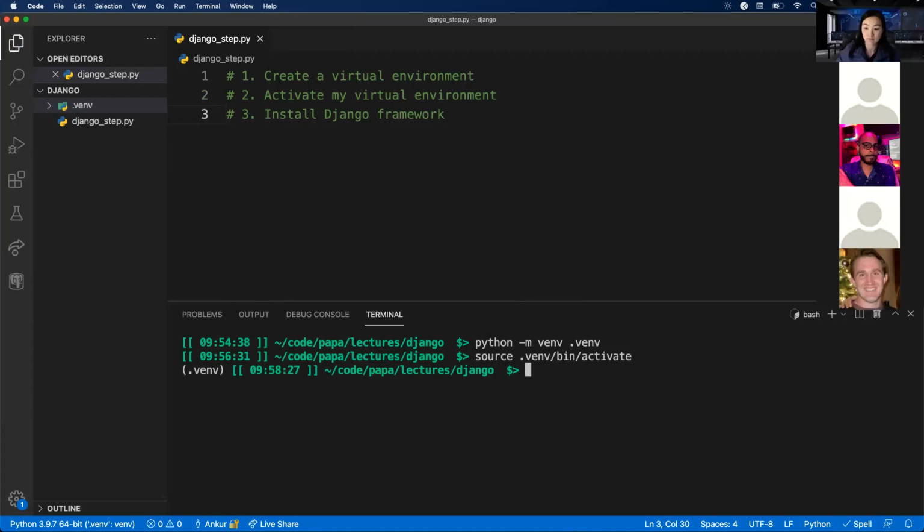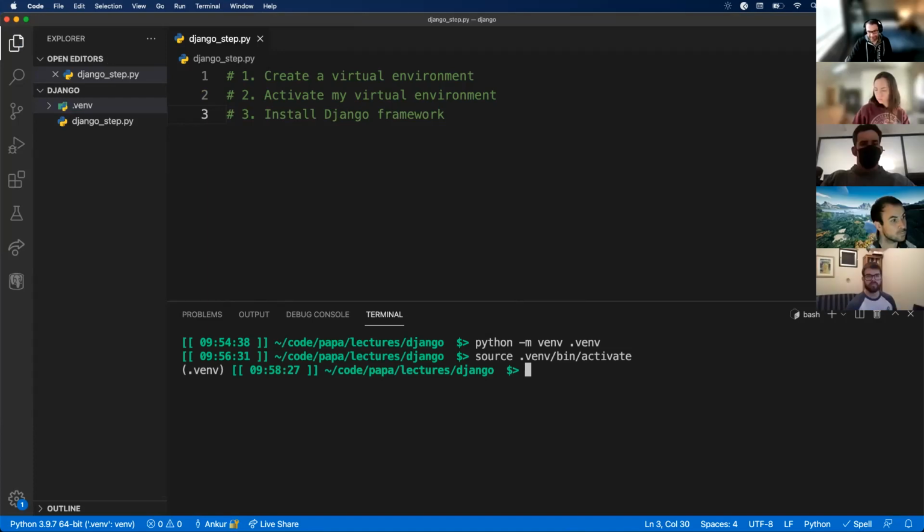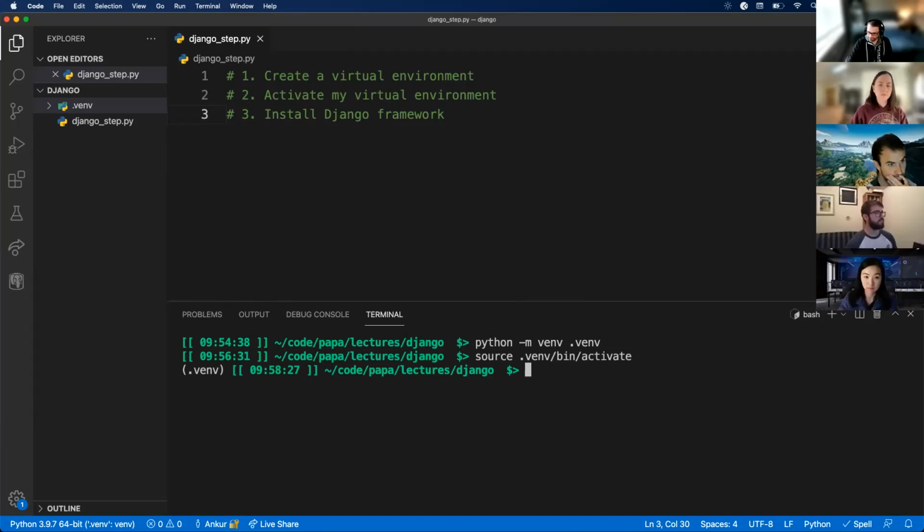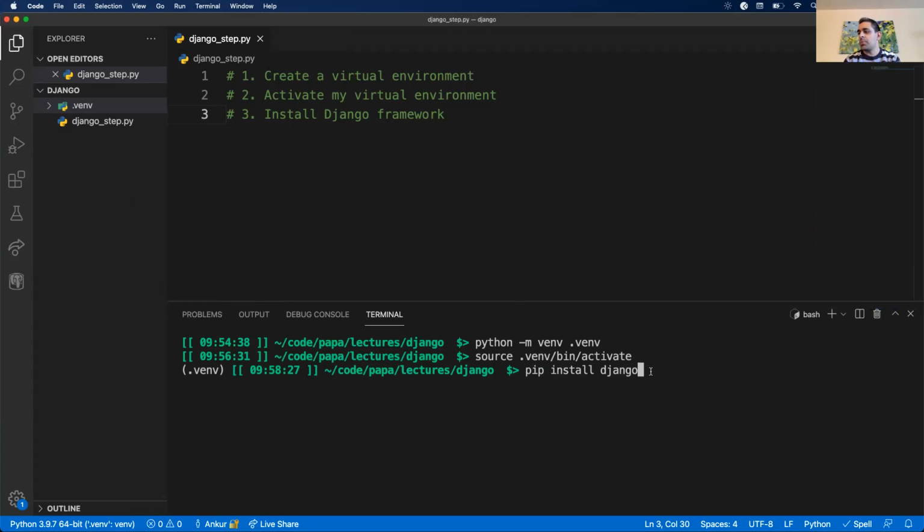So who else can I chat with out there? Let's go with Daniel Miller. Dan, do you remember how we can actually install libraries from the web for Python? Do you remember the application we use? I know it's pip install. Yep, you got it. So pip is what we use for Python to install applications. So pip install Django. I might have to use pip3. I forget if it's set up correctly or not. So if we run pip install Django,